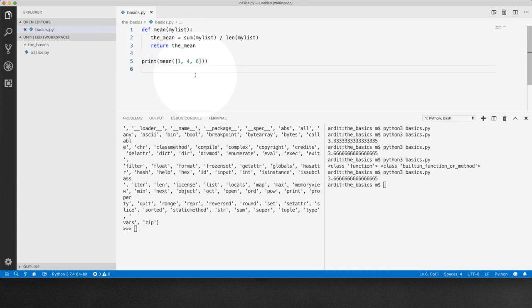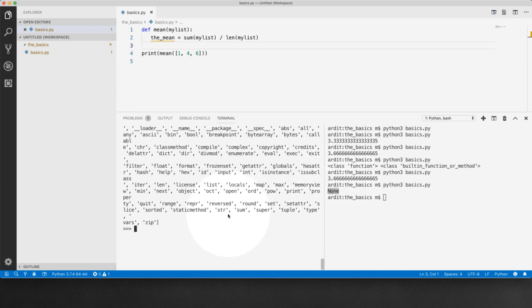Something to point out is that when your function doesn't have a return statement, save, execute, it implicitly returns a None object. None is a specific object in Python, which means nothing. It's not an integer, it's not a float, it's not a string, it's just None. It means nothing. So what Python does is, if it doesn't find the return statement, in the background it